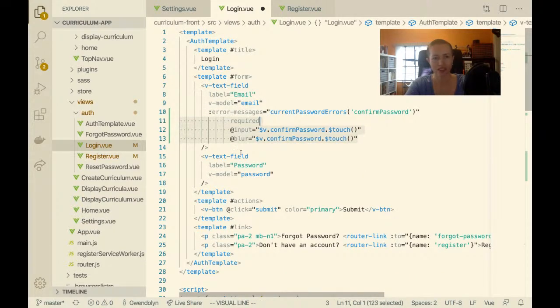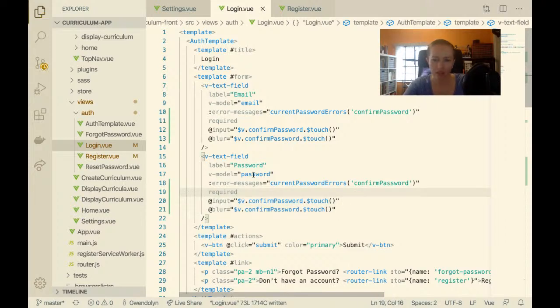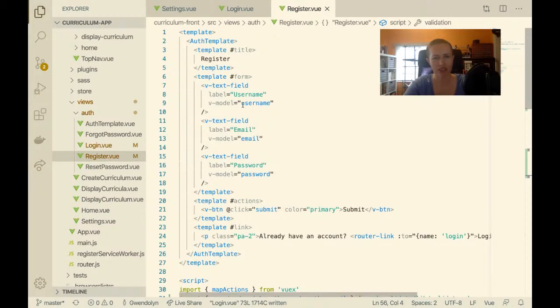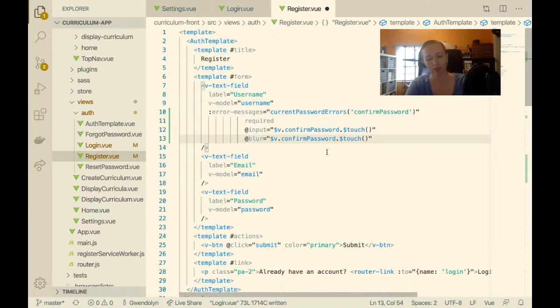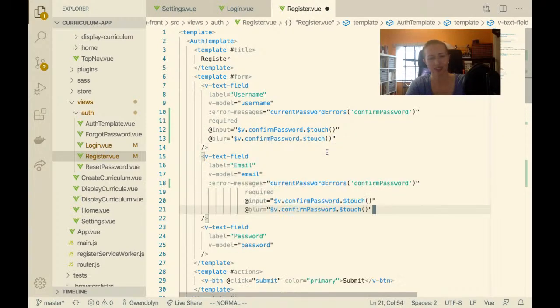Oops. And there. Okay. And then I'll just put them on register and I'll fix the page in a second. So put this again. And then just copy pasting everywhere. Alright, so